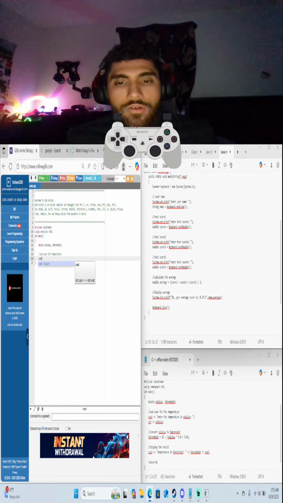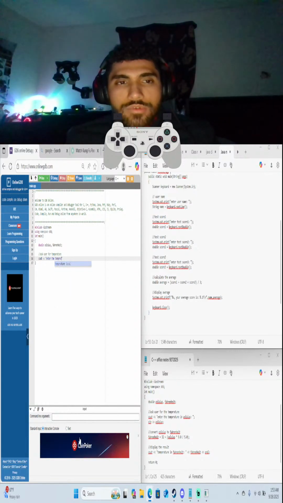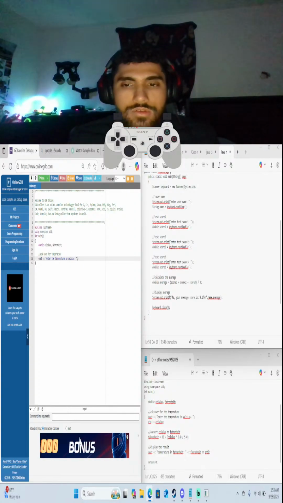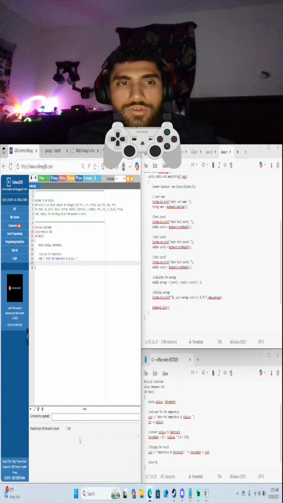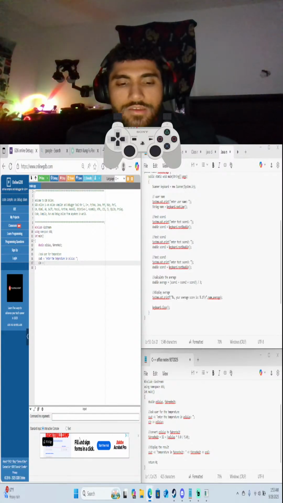We use cout space bracket quote enter the temperature in Celsius colon quote semicolon, enter. Here we put the cin bracket Celsius